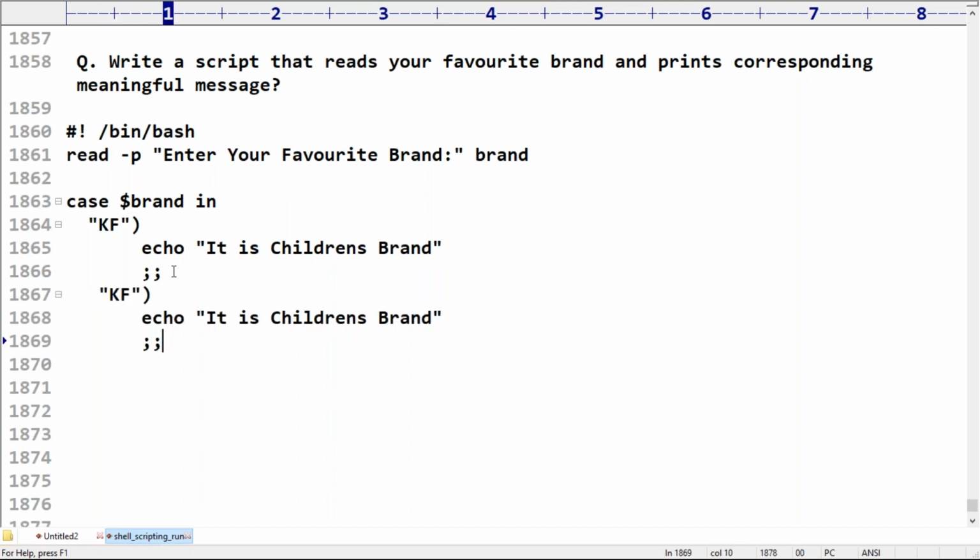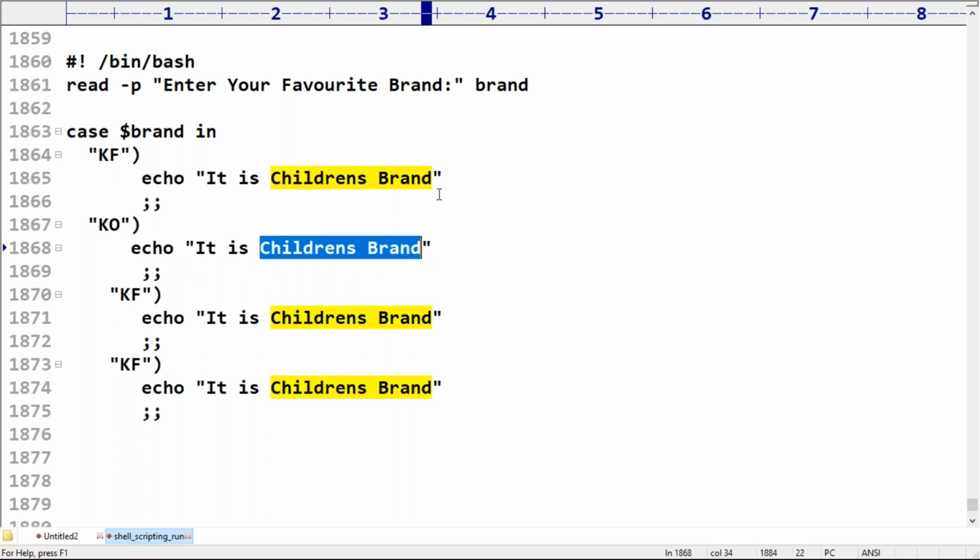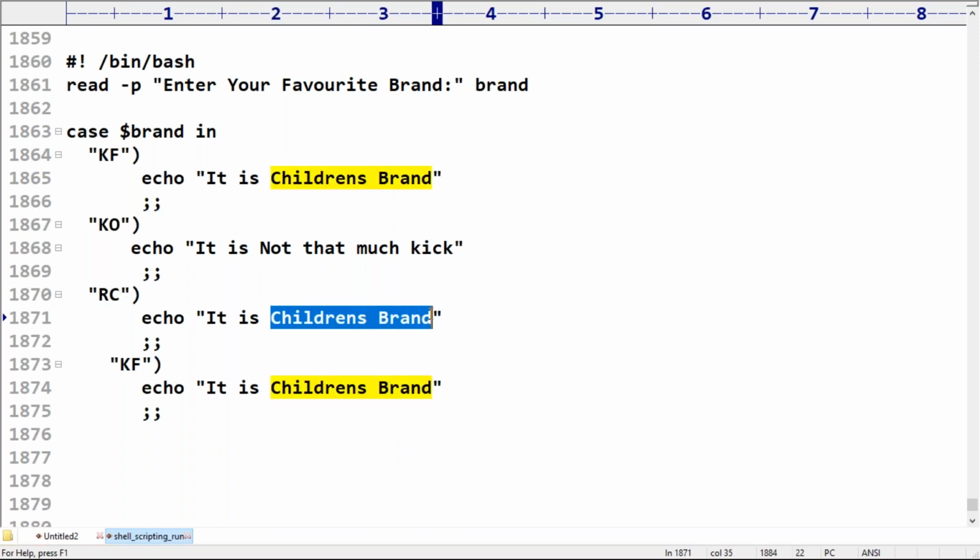Now here observe: kf, ko, rc, fo, something like that. Ko, if I take ko, it is not that much kick. If it is rc, it is too light.